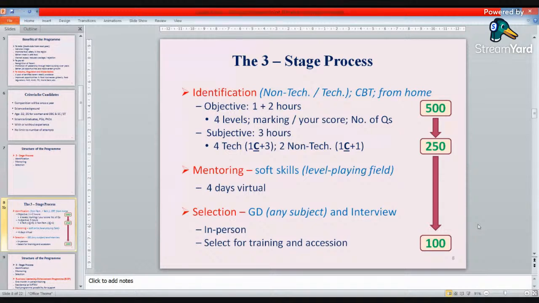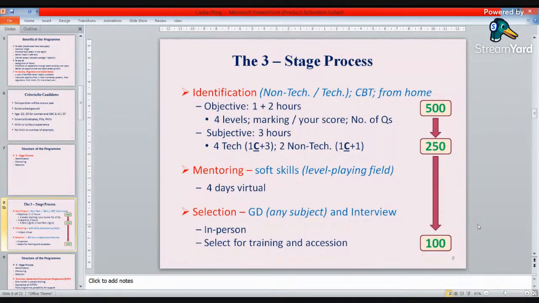There is no negative marking. You just proceed forward. Don't go back. If you don't know the answer, skip that question, go to the next one. Because you have just 3 hours. And after 3 hours, you have to submit your answer sheet. If you don't submit, the computer will submit it automatically. So for non-technical questions, there are 25% of the questions, and 75% of the questions are in the technical areas.